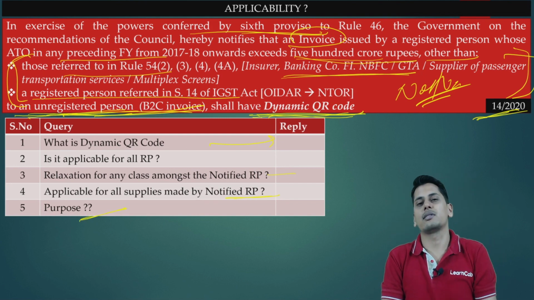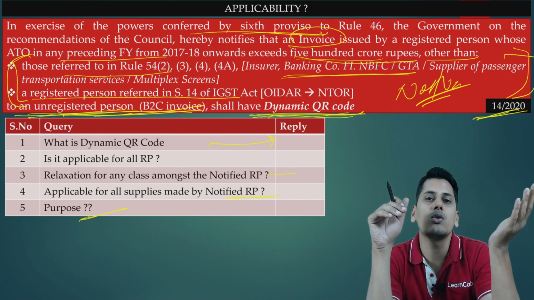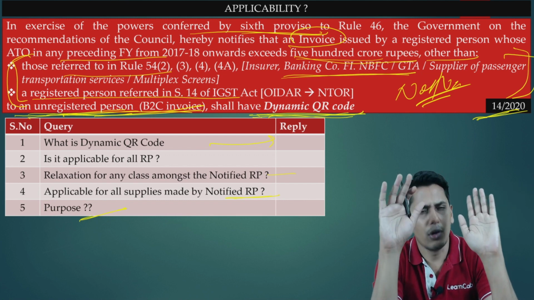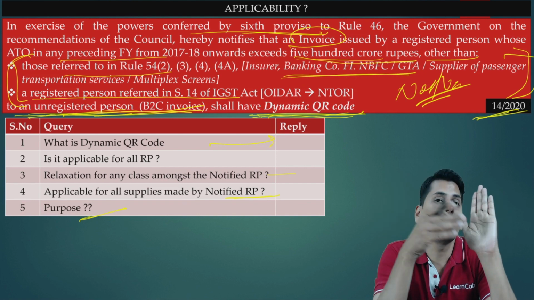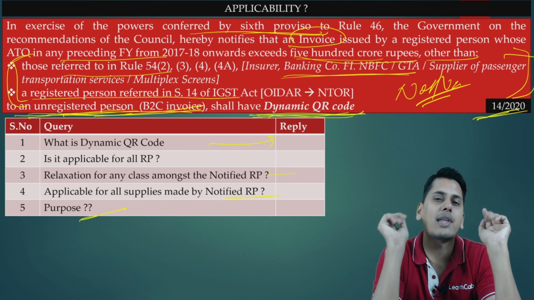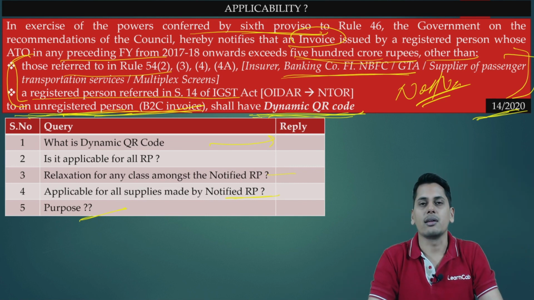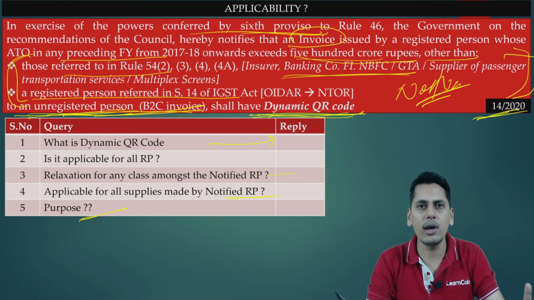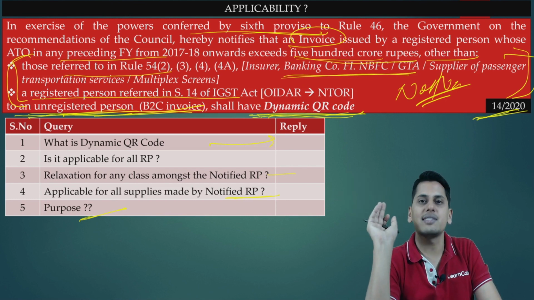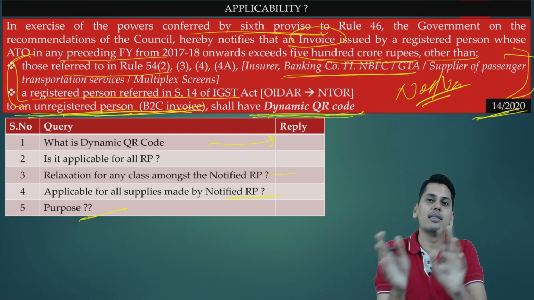What is the purpose of this QR code? Friends, the earlier QR code we have seen, rule number 46 sub-rule (r), means that for notified persons, the tax invoice should contain a QR code having an embedded invoice reference number. What was the purpose of that QR code? The purpose was real-time reporting. Before you raise an invoice, report the invoice to the invoice registration portal, obtain an invoice reference number, and then issue the invoice to your recipient. So first reporting happens, then you give an invoice.